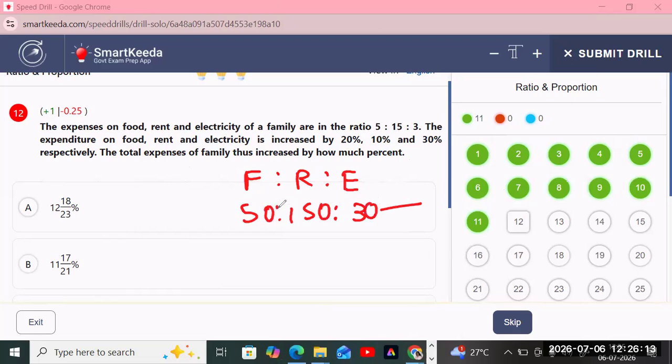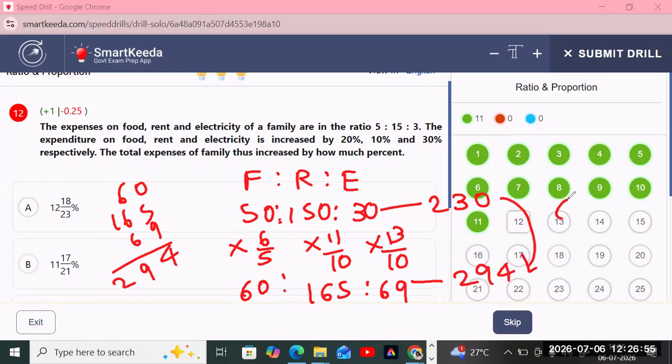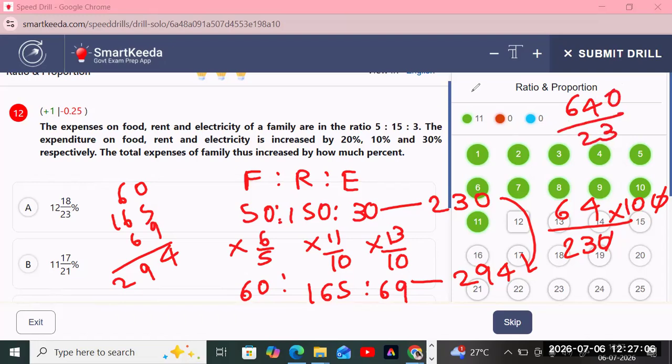इसको बोलते हैं एक इंश्योरेंस में ऐड कर ये कितना होता है 180, 230. है ना ये हो गया 180 प्लस 50 230 अगर इसको मैंने 6/5 से इंक्रीज किया है तो ये 16. है इसको मैंने 11/10 से इंक्रीज किया है तो 165 हो जाएगा और इसको मैंने 13/10 से इंक्रीज किया है तो 16 और 60, 65, 69, 40, 80, 90 वो ये न्यू एक्सपेंस का टोटल है अगर कितना इंक्रीज है देखेंगे तो 64% मोर है तो नीचे परसेंटेज लेस आएगा जो इक्वल टू 100 तो 640 अपॉन 23 करेंगे हमारा आंसर आ जाएगा